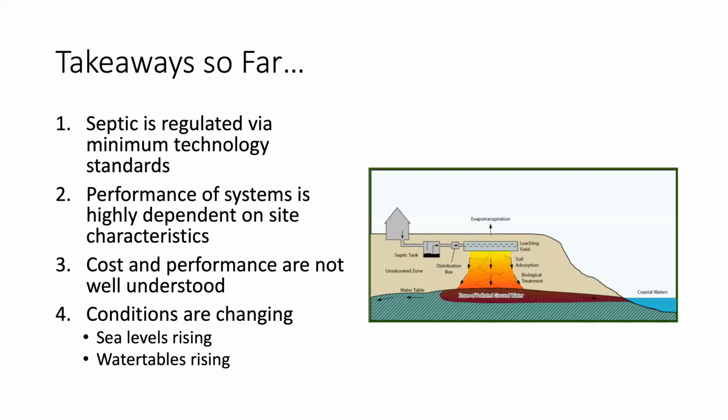So what are the takeaways so far? On the right here, I have this real basic diagram of what a septic system might look like with its leaching field. And so my first takeaway has been that septic is regulated via what we would call minimum technology standards. There's a code given some set of conditions. A person goes in, gets a permit, they have to abide by a certain technology. North Carolina actually has a list of approved technologies that you can use for septic. Those standards can change over time, but this is going to suggest some real potential inefficiencies